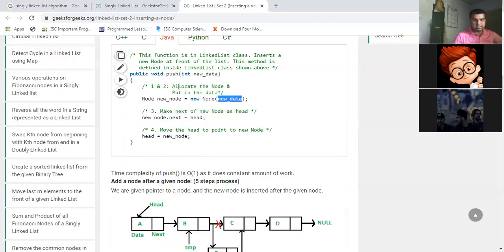So these are the 4 basic steps for inserting a new node into an already existing linked list. You have inserted a new node at the beginning of the linked list, and these are the steps you have to keep in mind. Mind you, this is only the function that has been created. It will not run completely.